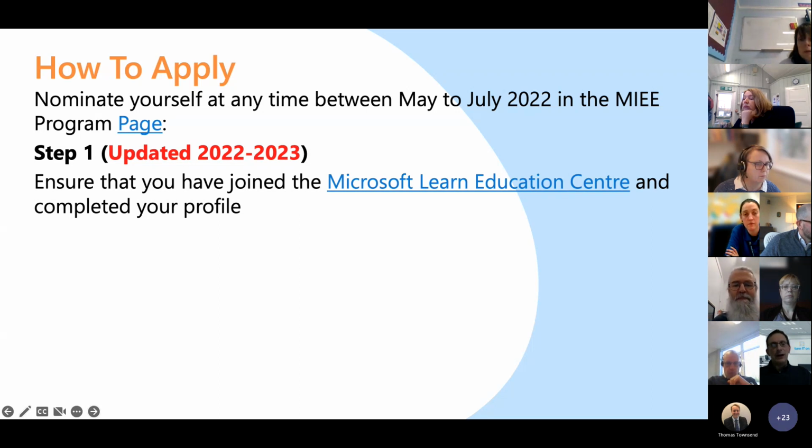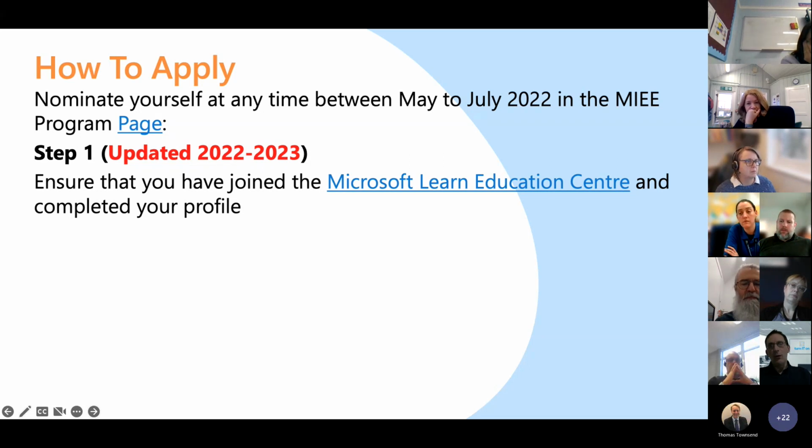So the Education Center you can sign into with your normal Office 365 account, and your Office 365 account provided by your organization will more than suffice. But at the same time, if you haven't got one, you can create yourself an Outlook account if you haven't got an institution account, and most people will have an institution account where you can go and sign up. So I'm just going to pop the link for that in the chat, and that will be one of the first starting points. It also will become your own evidence of your own professional development, because as you get accreditations, pass courses, and get qualifications in there, it will build up as a portfolio that you can share with the leadership team in your school.